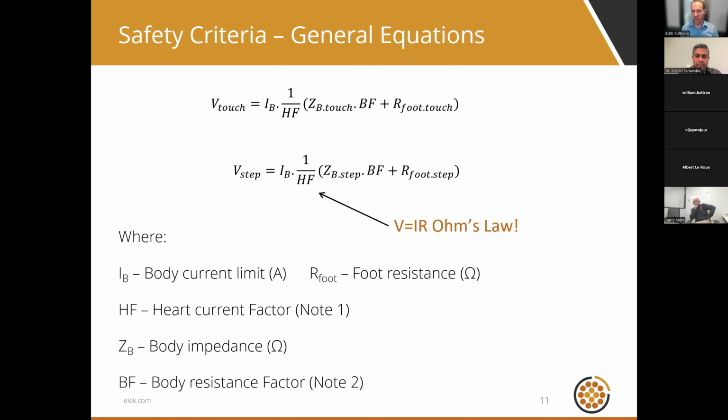I think we have also modified them slightly. And the body resistance and body currents, they come from either IEEE 80 standard or IEC 60479, which I mentioned earlier. That was the standard that was based on those studies of